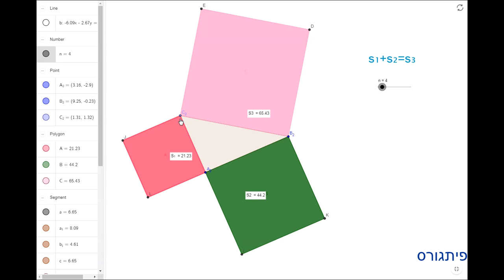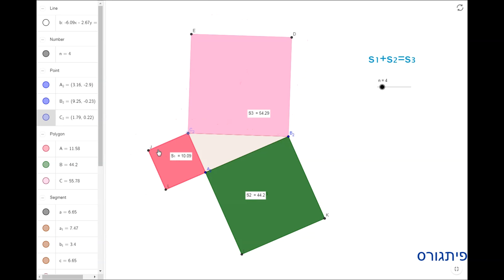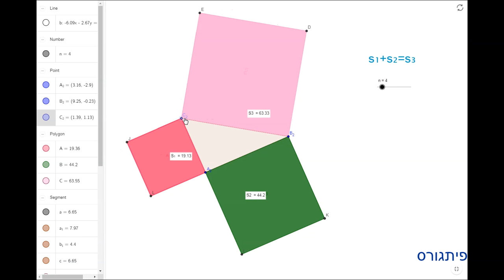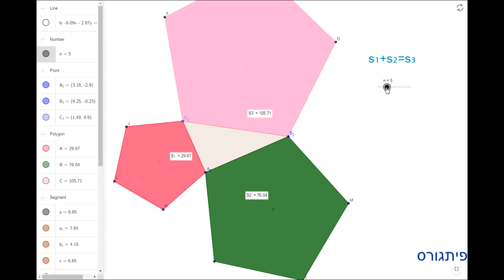right? So let's try, and I'm changing something here. If you enlarge this, it holds true again. Now using my slider, instead of taking a square on the legs, I'll now take another regular polygon that happens to be a regular pentagon. So this will also hold true for a pentagon. So these areas are all equal. The sum of these areas is